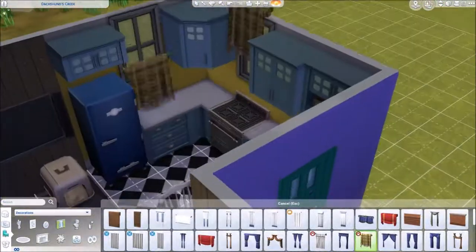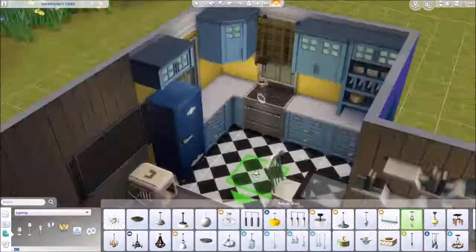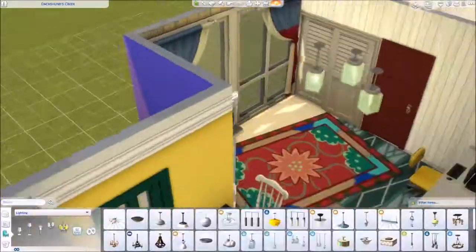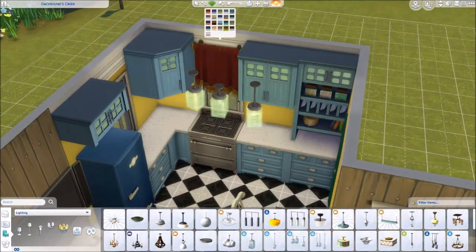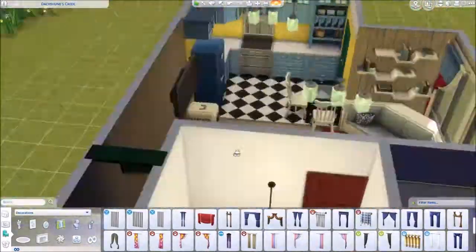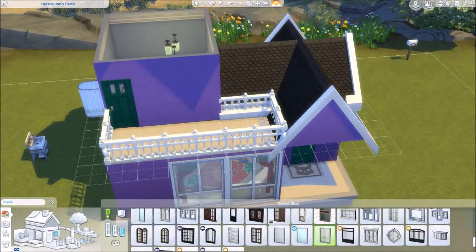And so, like I said, I did do a full walkthrough. I did make sure that everything is functional except the bed. Oops. Except for the bed. I haven't checked. It probably is, but I haven't checked. So that, I love that little table and chair set right there. I was like, they need an eating space as well. It can't just be